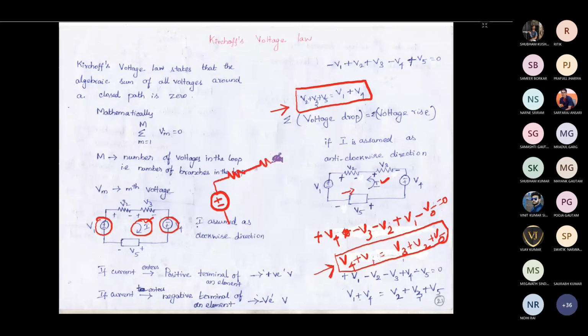Okay, similarly you can add resistors also. That is not our importance now, but here you can write V1 plus V4. Here the voltage sources are connected in series, so I have taken the equivalent voltage source in order to simplify the circuit. I have written V1 plus V4 because both the polarities are in the same direction.